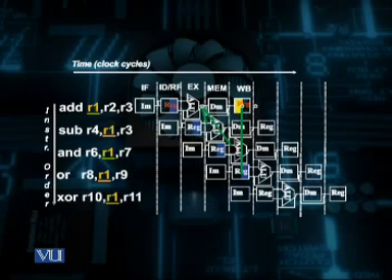Whereas, if we look into the status of the write back register during the clock cycle 5, the result is written into the write back register during the first half of the clock cycle. Therefore, it can be read in the second half of the clock cycle by the register stage of the OR